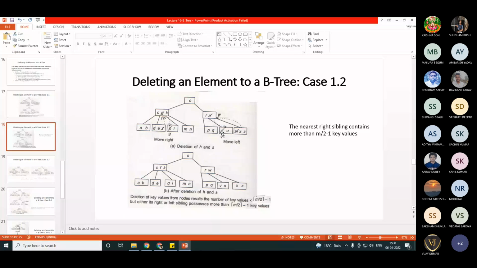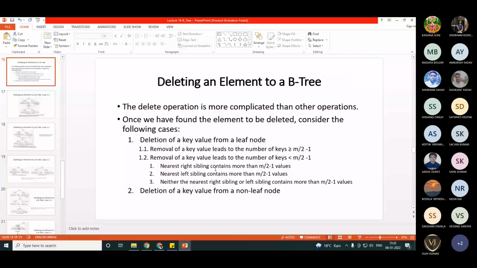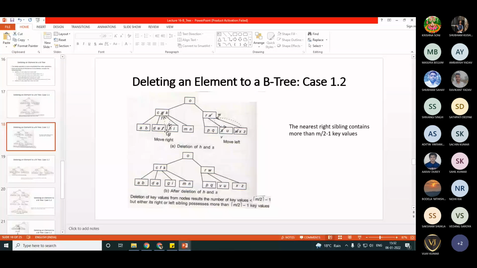And when the nearest left sibling has extra values, by deleting the value of H you will have only one node here and 3 nodes there. In that case, you do one right rotation: the last node F becomes the root node, G is pushed into the child node, and you bring some order into these values.